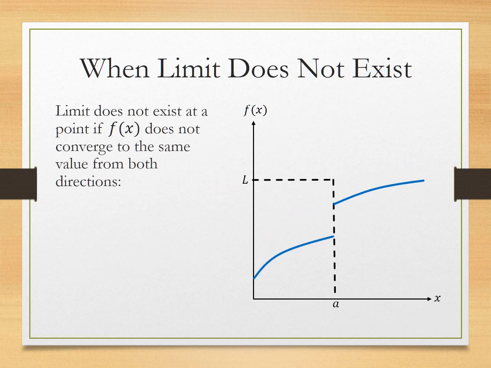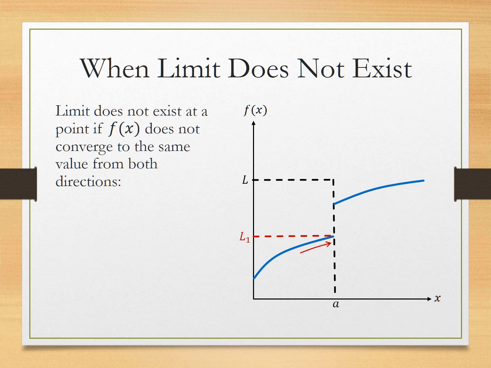Now here's a case where the limit does not exist. You can see this function is kind of like a step function, where you have a vertical break at A. And if you think about what happens, the idea of limit is, what value is the function moving towards? If you look at the function from the left-hand side, as you get closer to A, the function